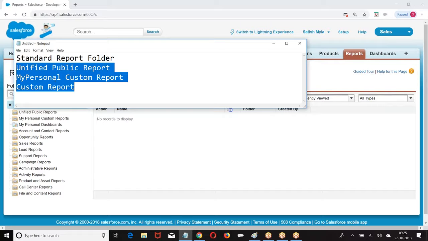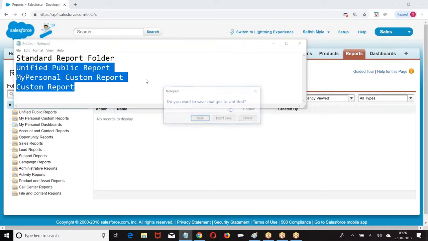My personal custom report folder, any report that is stored to this folder can be shared only with the owner of the report. It cannot be shared with anyone else. Only the owner of the report will have access. No one else will have access to it. Custom report folder, it is up to your choice what reports you want to store and how you want to access.